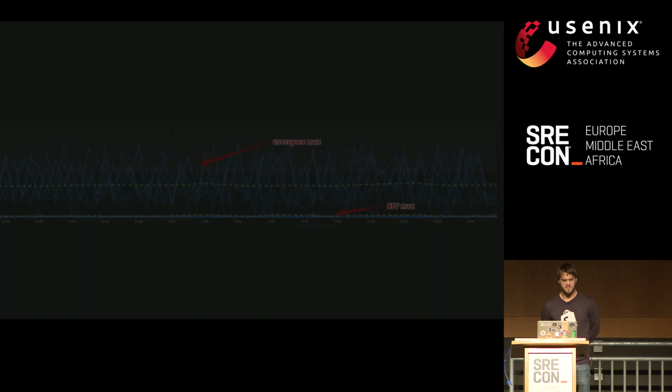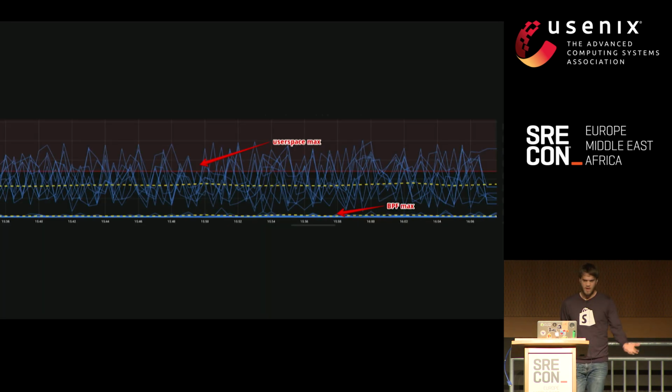So how did that resolve our problems? Well, now that we're in kernel space, no cgroup throttling, no Go routine scheduling problems. When one of these BPF programs run, the kernel actually disables preemption. So it's going to run to completion. So what you get is a really smooth, reliable metric that you can potentially alert on.